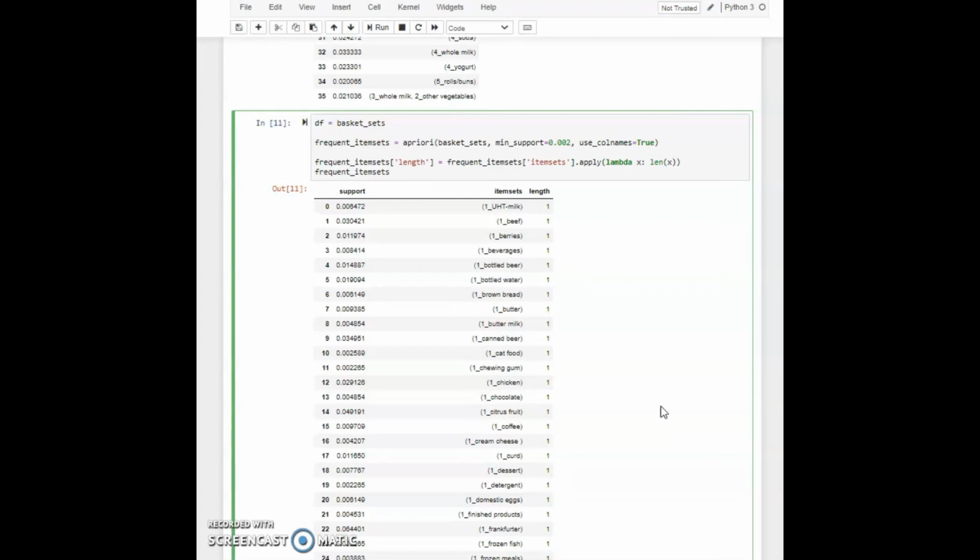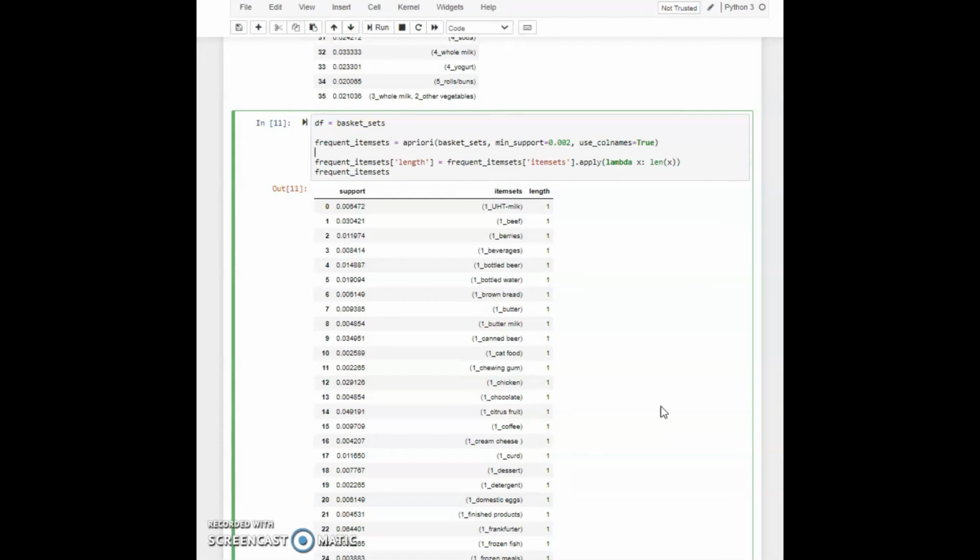So this is how the dataset looks. Now if you see the output of cell 11, we had a lot of different items and combinations of items to consider, but still we are seeing all of these one item purchases, which isn't that useful for our analysis.